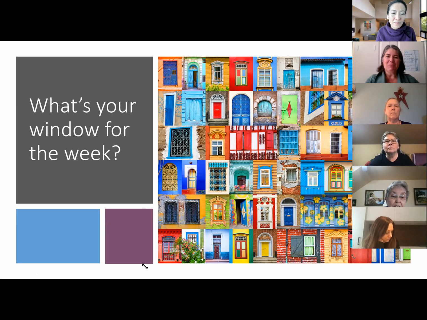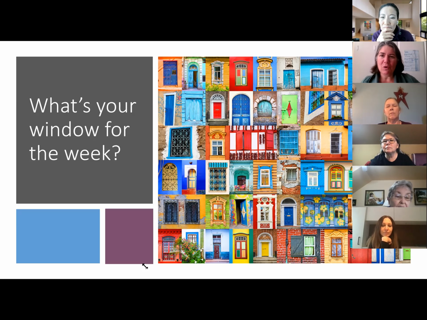Do you want to bring in some red and passion and heart? The tranquil vibe of the blue? Or the natural world in green? What's your window, or what's your door?